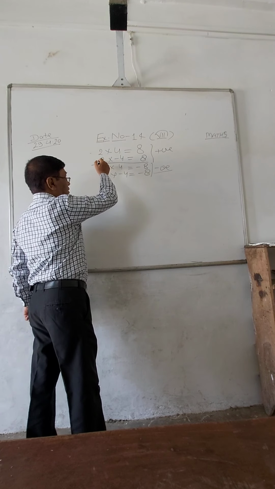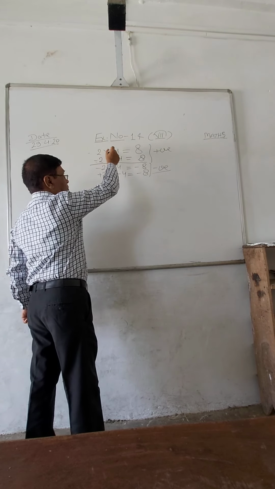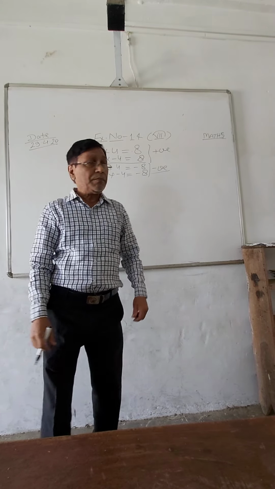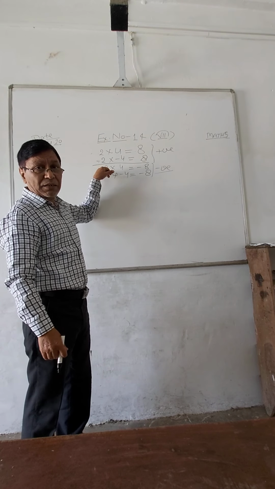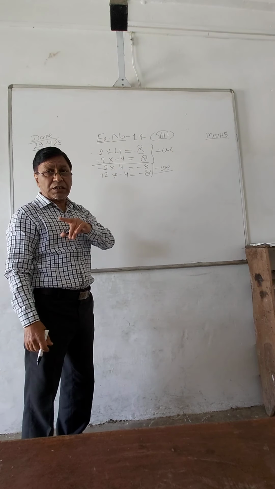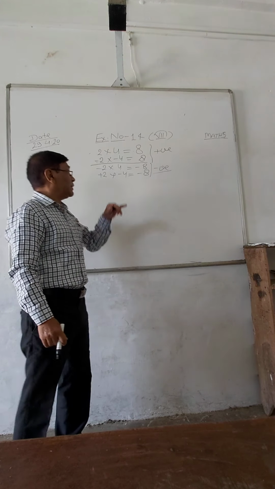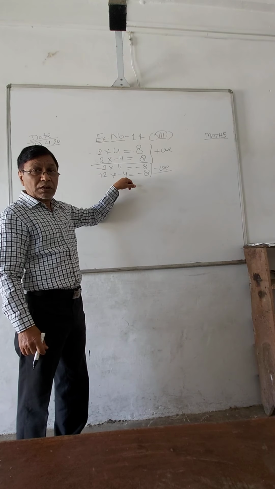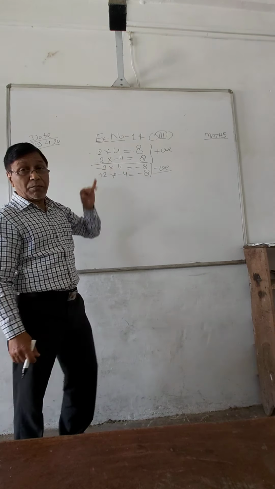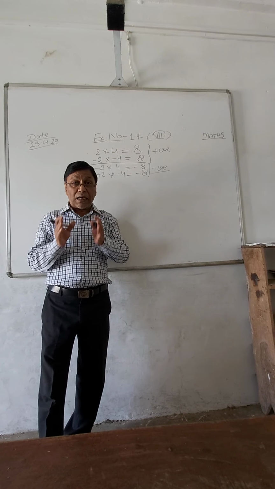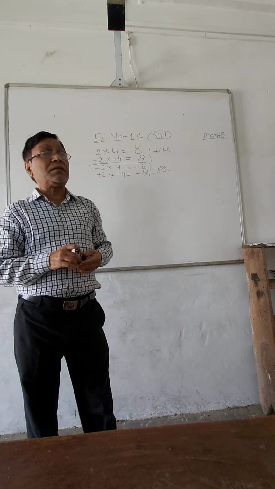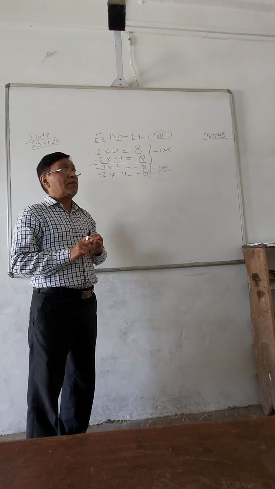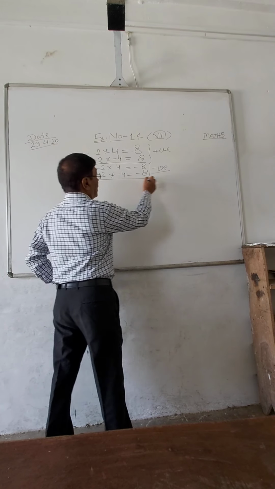Same sign, negative and negative, positive and positive, same sign, positive. So same sign multiplication will always be positive, and opposite sign: one is negative, one is positive, both have opposite signs. So this comes negative. Here also this is positive, this is negative. So what was the conclusion? If both the numbers which are to be multiplied have different signs, their result will always come negative. So same sign will be positive, opposite sign will be negative. This was the rule for the multiplication.